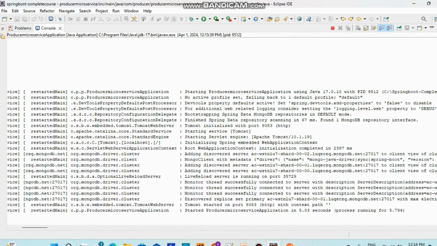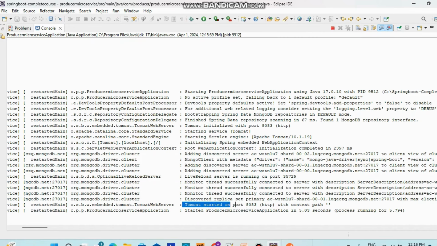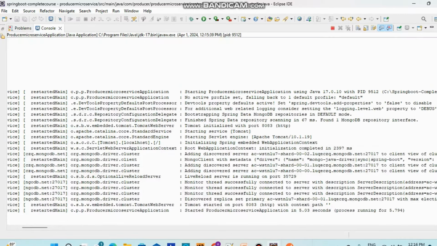Right. So now we started. MongoDB is connected successfully. See, there are no errors. MongoDB is connected. Tomcat is starting on 8083. Right. Now I'm going to Postman. Localhost 8083. I'm going to hit this